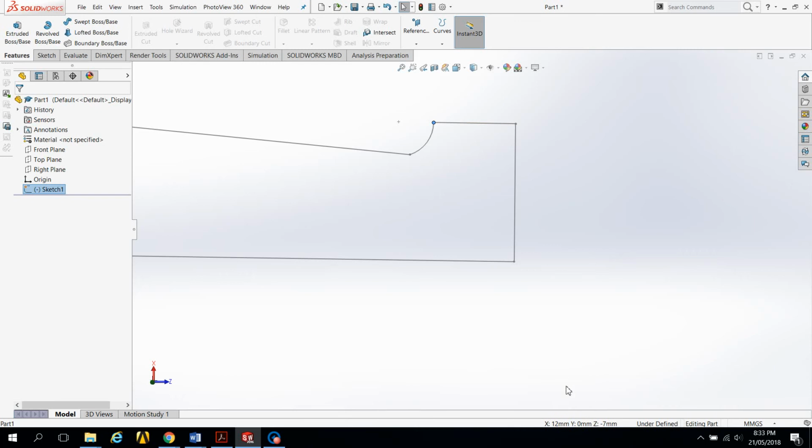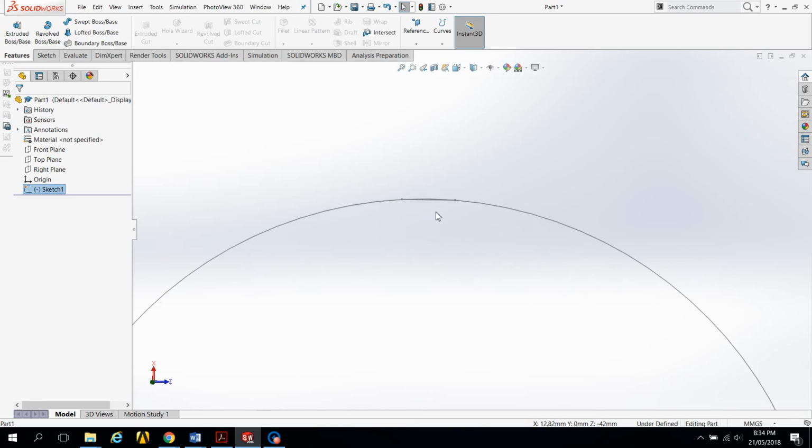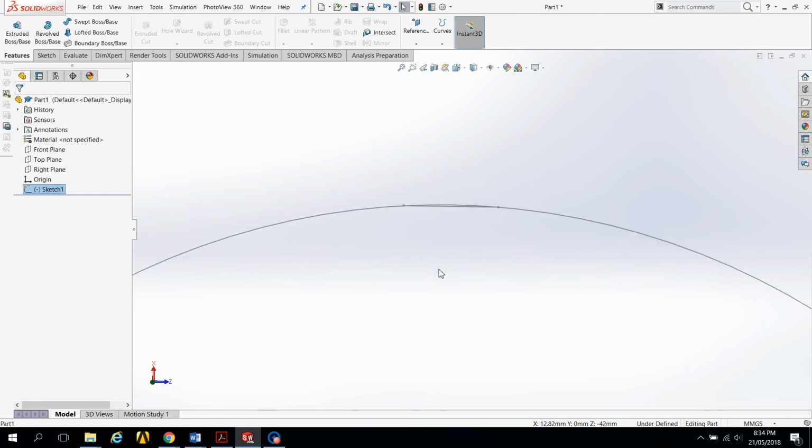Okay, you can see that the Z is -7, the Z is -9, the Z is -36, the X is equal to 1154. Another point where X is 1173, and the Z is equal to -38.85. The Z is -42. The X is 12.82, and actually we don't need this point. I think there's an extra line that needs to be removed later. But anyway,